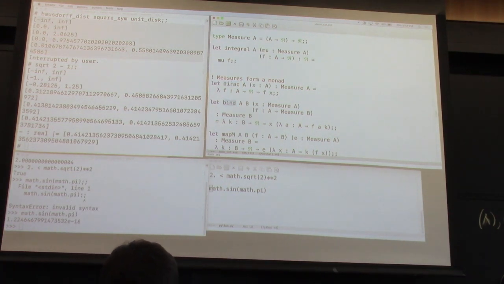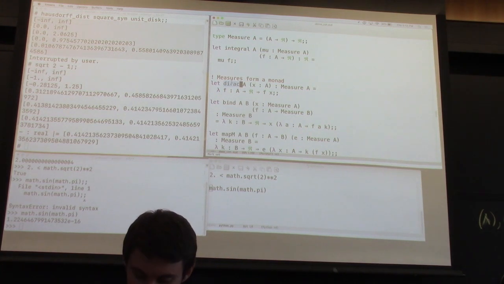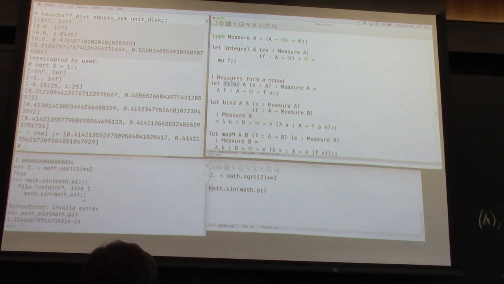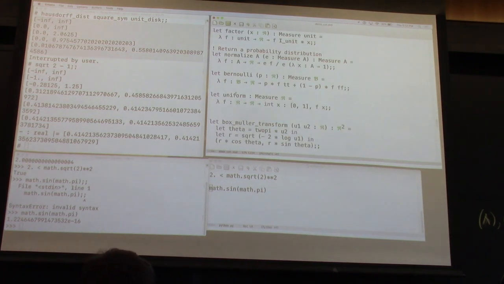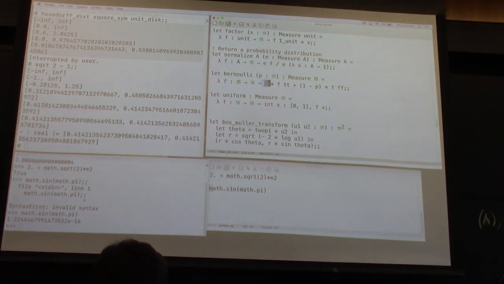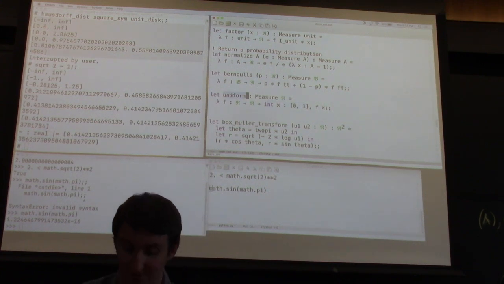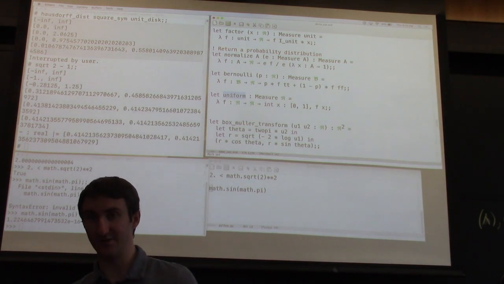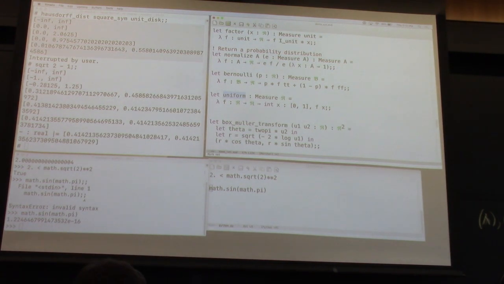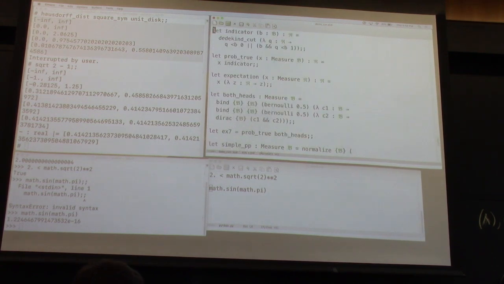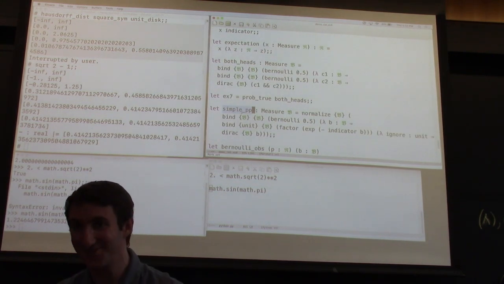And then bind, these are really actually the same functions as we have for the shapes. Both of these have this continuation passing form. And so we can play the similar games. I can construct a Bernoulli measure. So what's the integral of a function f? Well, it's going to be p times f of true and 1 minus p times f of false. So we have a primitive that gives us Riemannian integration. And so that gives us uniform distributions on the unit interval here. So we can do similar things, and we can even do some probabilistic programming stuff for the probabilistic programming people